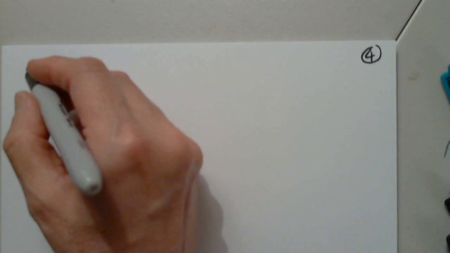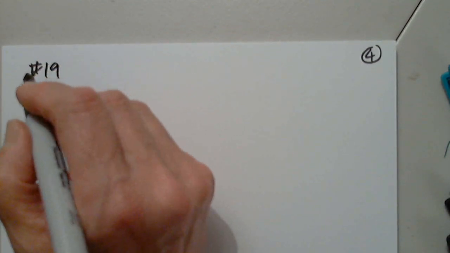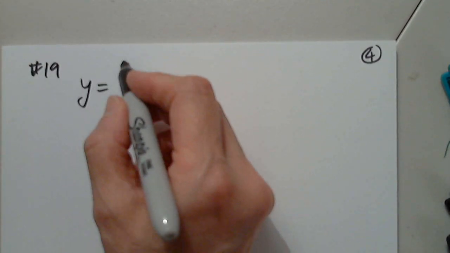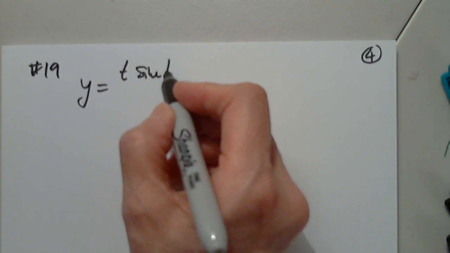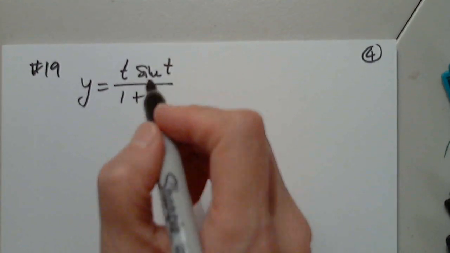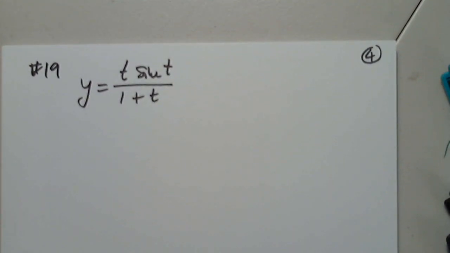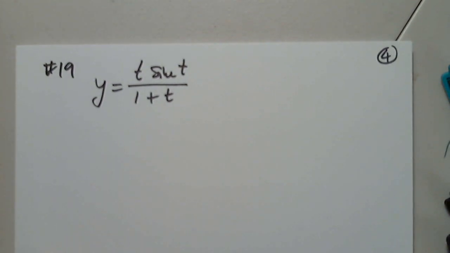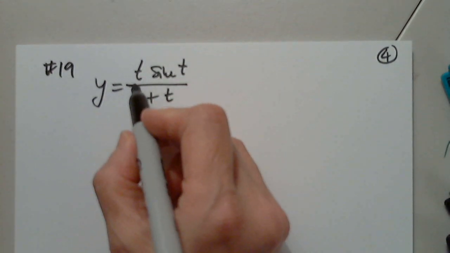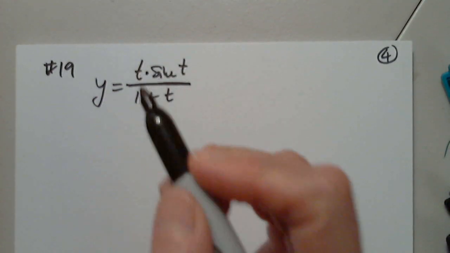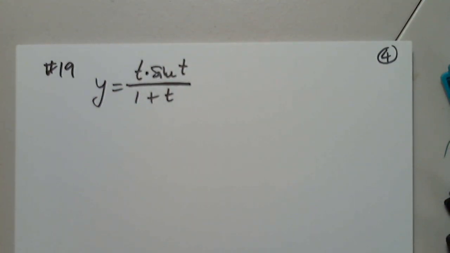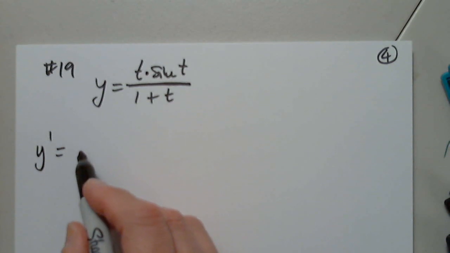For now, 19. And 19 is y equals t sine t over 1 plus t. Which rule applies here? Quotient. Yes, quotient. And indeed, product. Very good. Awesome. Both. Great job. So y prime will be